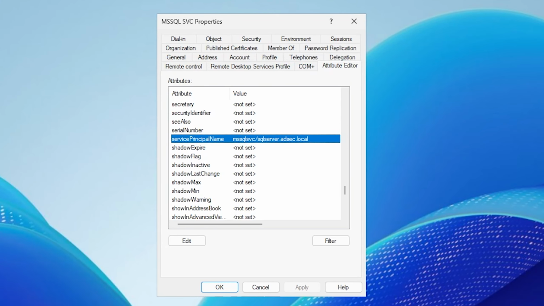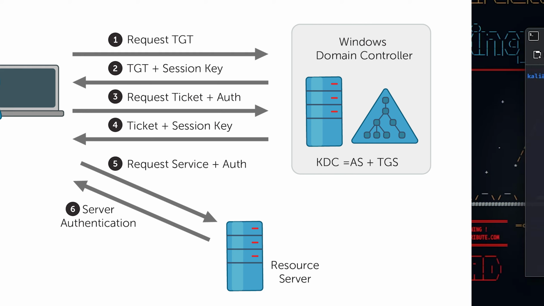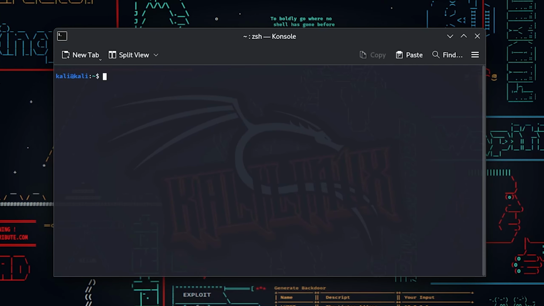So basically, in an enterprise, we have something called a service principal name, which is used to identify services in our enterprise network. What the threat actor can do is try to access that service by asking the key distribution center to give them a ticket. Once the ticket is returned, they can use hashcat to crack that ticket and potentially obtain the